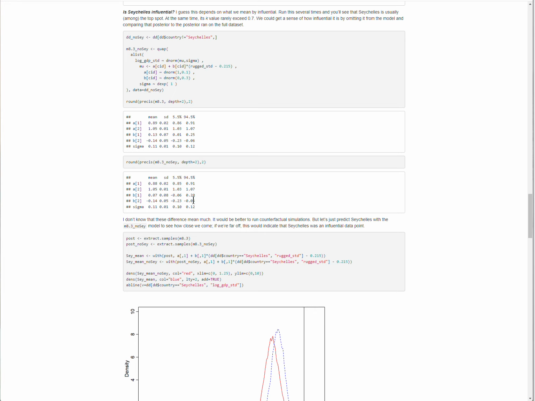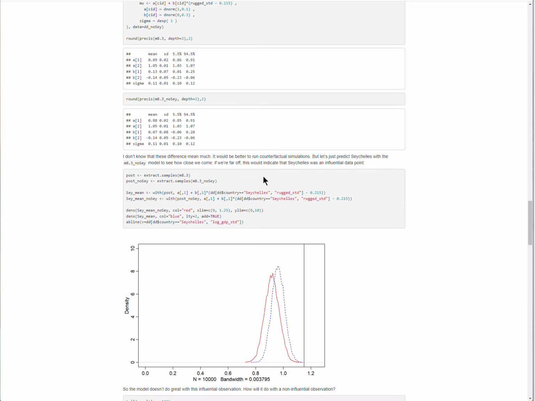So the next thing that we could do, or maybe the better thing to do in this situation, is to run counterfactual simulations with the two models to see which one is doing better. So we're going to try to predict Seychelles between the two models to see how well they do.